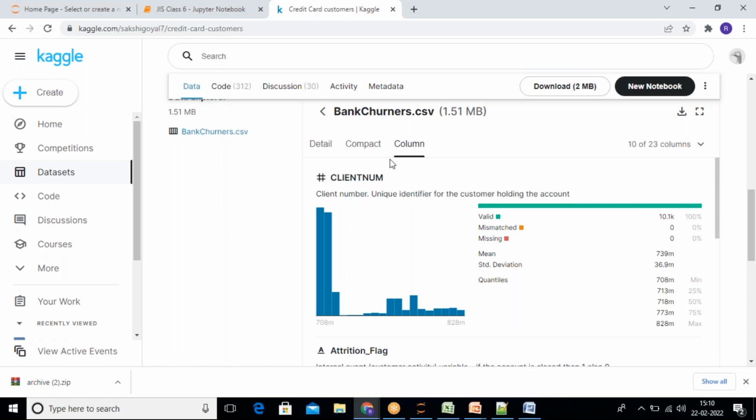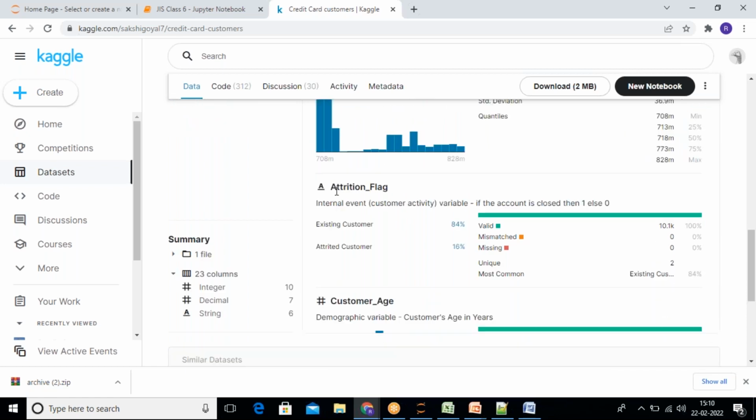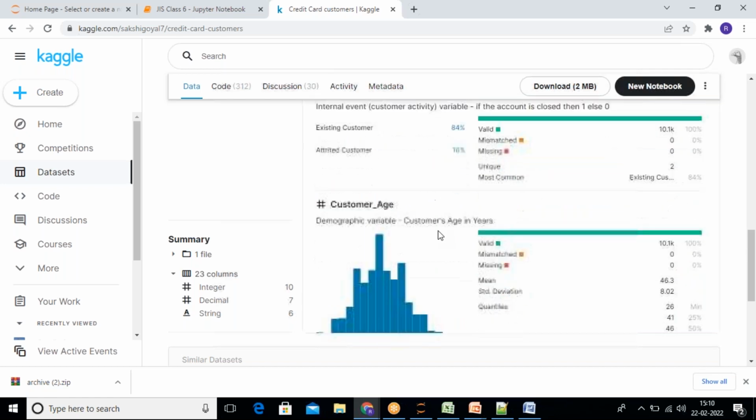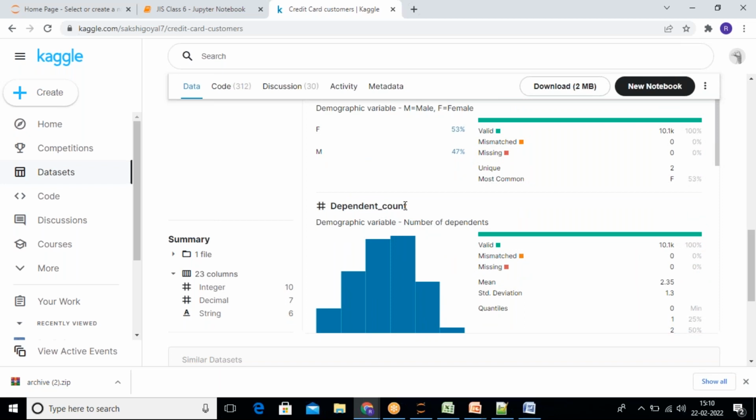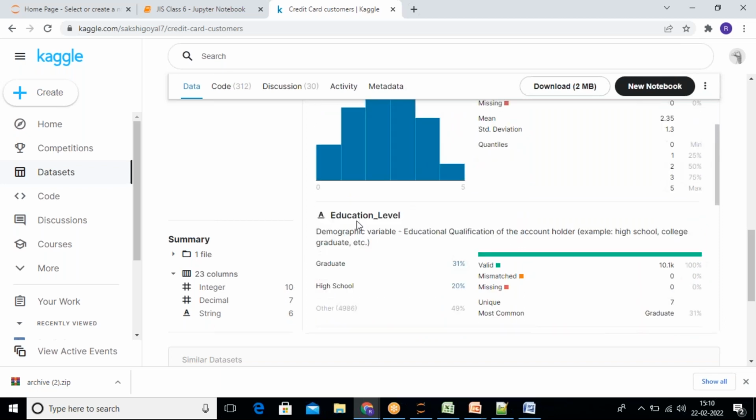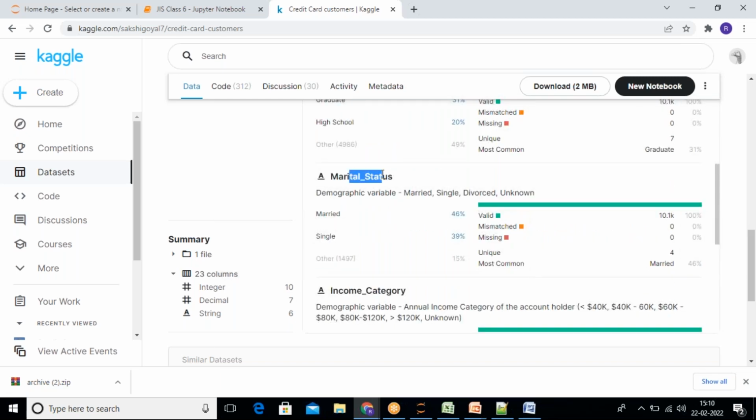This is the credit card bank churners.csv data set. Attrition flag, internal event, means customer activity variable. If the account is closed, then 1, else 0. Achha. Customer age, gender, dependent count, number of dependents, education level, one is high school, college, graduation, whatever, marital status,